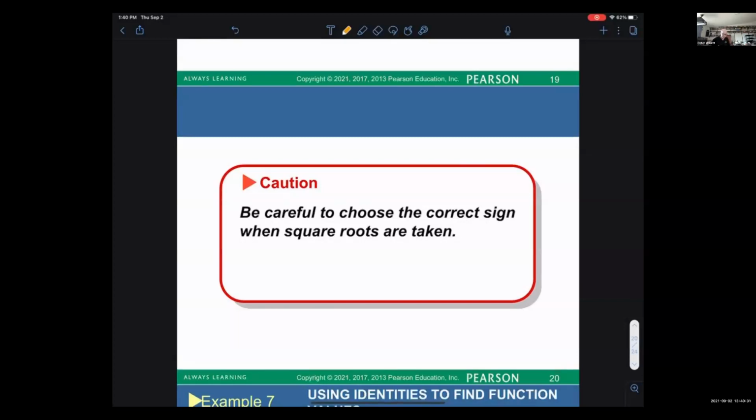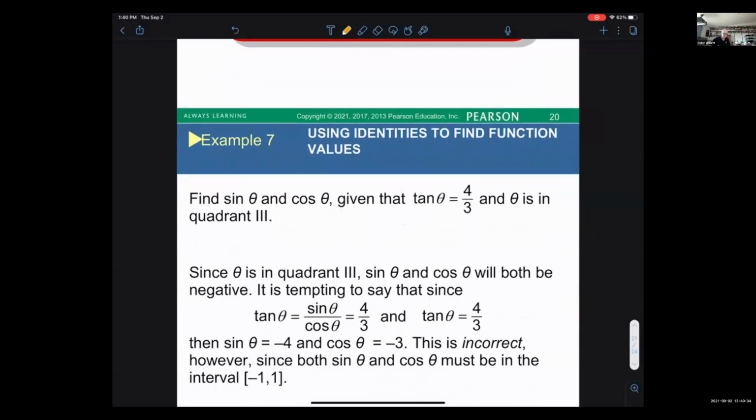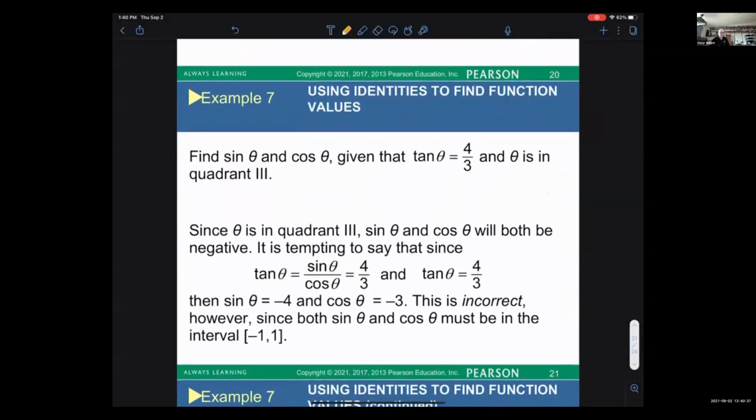All right, let's see what happens next as we have our last few minutes of class to take one more little step forward. Using the identities to find function values. So it says find sine and cosine given the tangent is 4/3 and theta is in quadrant 3. So there's a couple of ways we could think about that, but we know that tangent is equal to sine over cosine. So they take that fact and they make a little equation here. And if you know sine over cosine is 4/3, and you know you're in quadrant 3 where they're both negative,